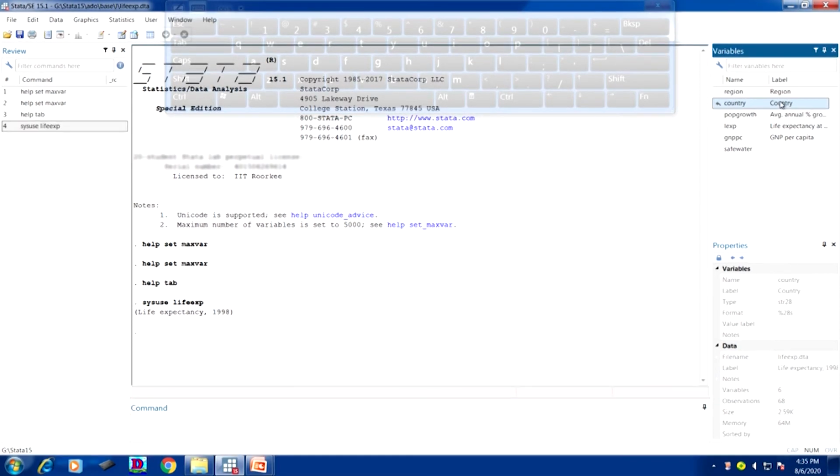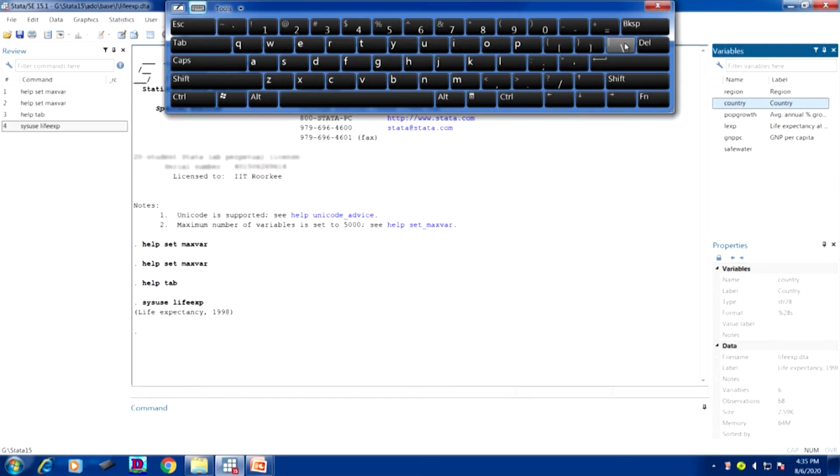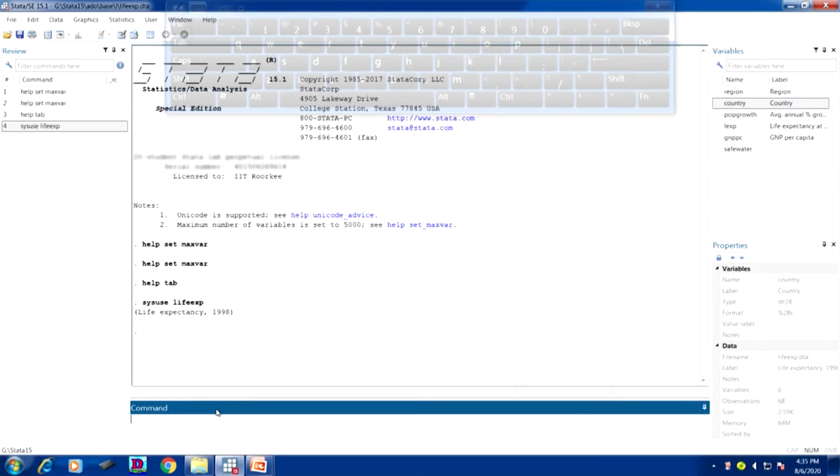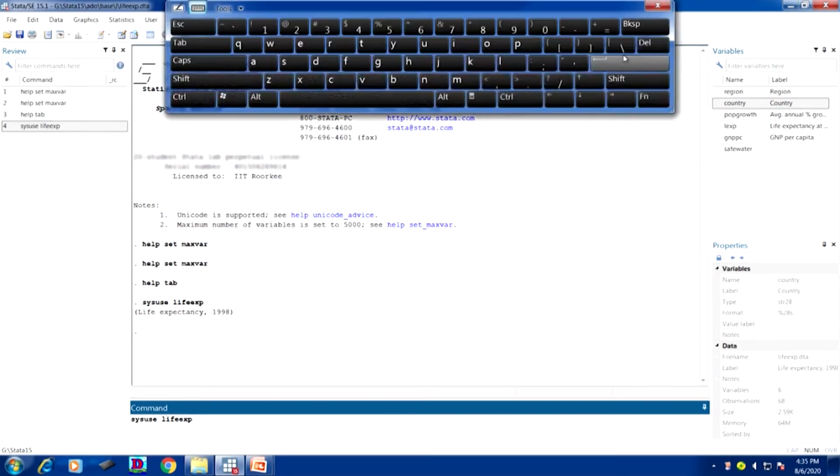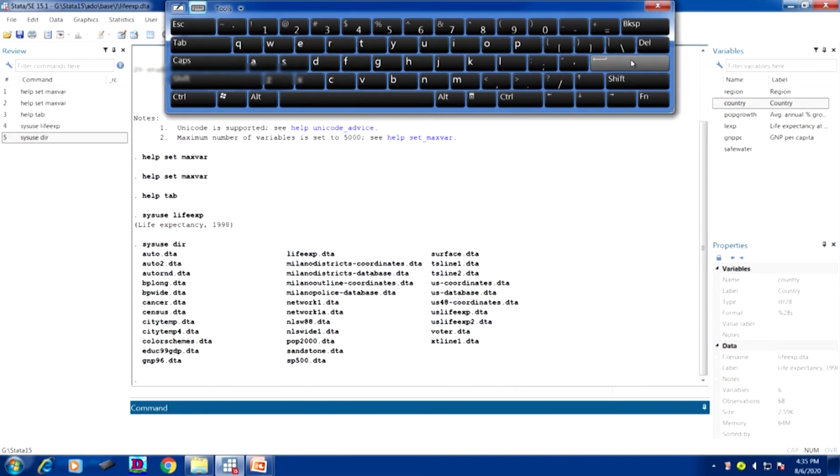I am going to clarify in a short while, but otherwise for your clarity, if you want to open the database directory, you simply go to the console and simply type dir, directory, okay. It will give you all the data sets which are already available in the Stata directory, okay.